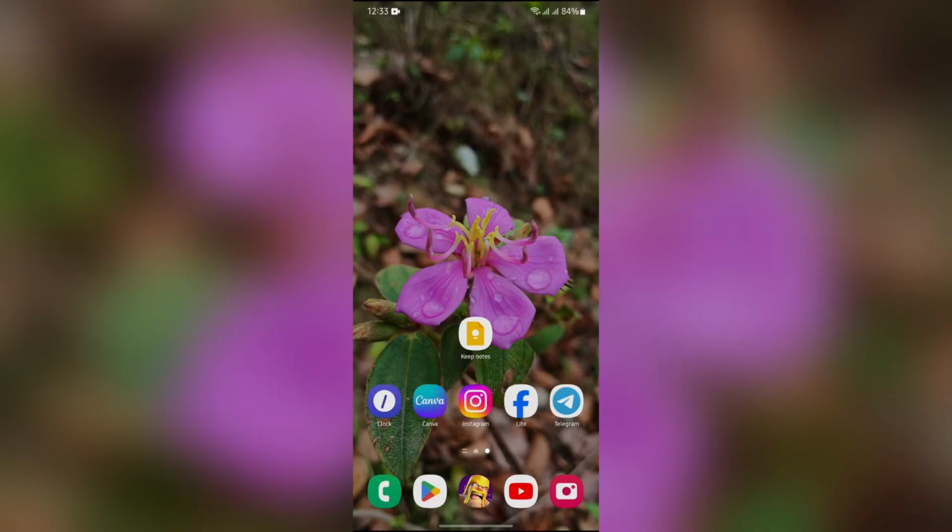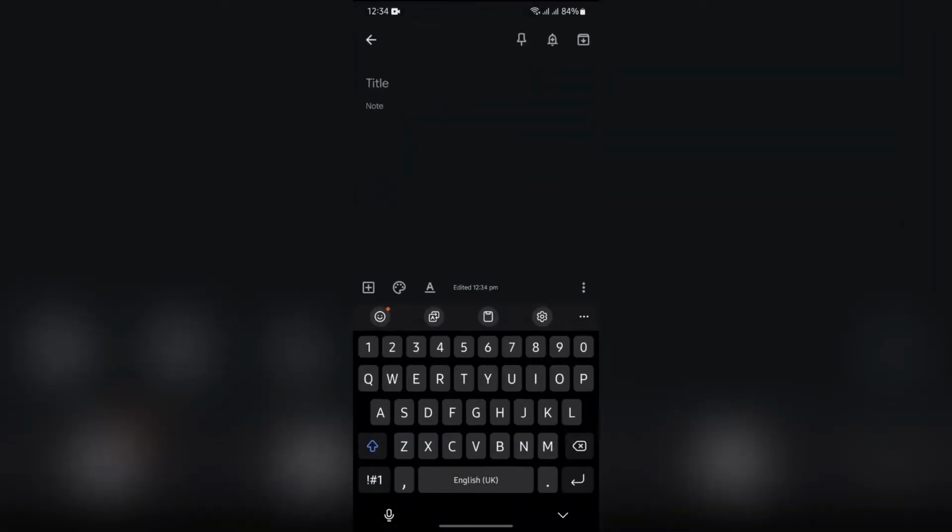First of all, just simply open your Keep Notes application, and in here you will get a bunch of options. The first thing you should do here is to keep the notes. Now in order to keep the notes and track them, just simply tap this plus button and create a